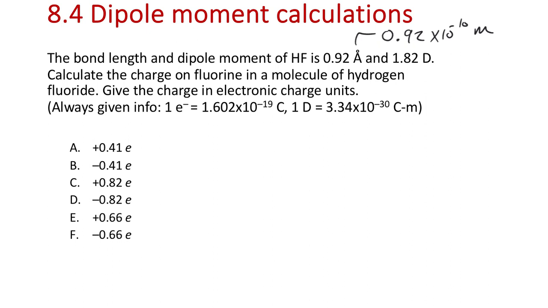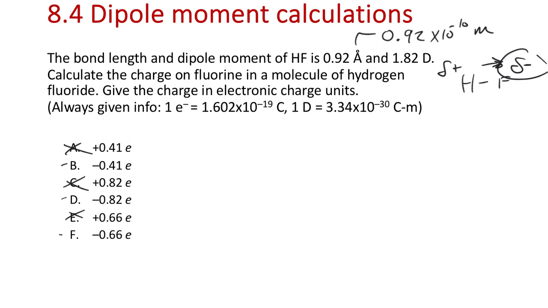And then, you can imagine at the same time we could calculate the charge on H, because the H charge is going to be the positive charge, and fluorine should be negatively charged. Because again, fluorine's more electronegative, pulls the bonding pair electrons closer towards itself, and develops that partial negative charge. And so if we're examining the choices, the only possible answers would be the negative values here. So the only possible answers would be B, D, and F. We would already be able to rule out that the charge on fluorine cannot be positive